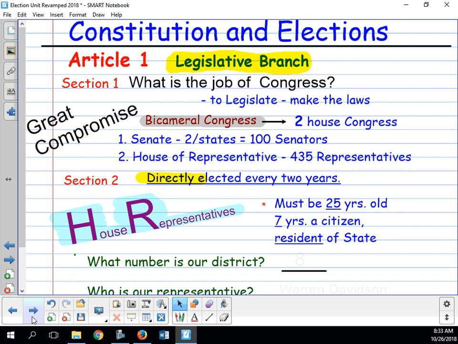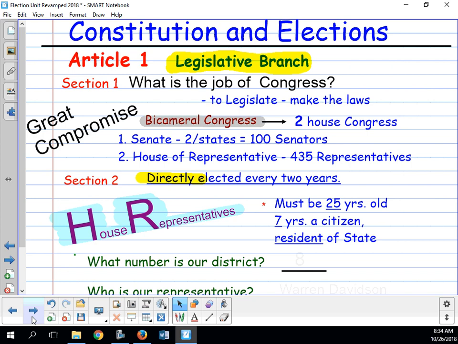Does that mean you have to be born in the United States? No. You just have to be a citizen. You generally don't arrive a citizen if you're born in another country. So you'll most likely have been here longer than 7 years in order to get your citizenship. I'm pretty sure Mr. Birdsall goes over how to be a citizen in American history. You have to go through some classes and take a test. Once you've passed, then you can be sworn in. You literally have to swear your allegiance to the United States.